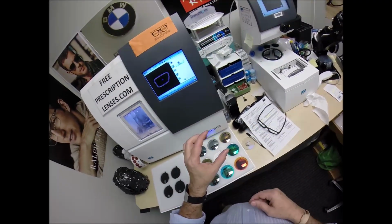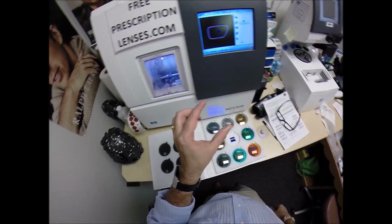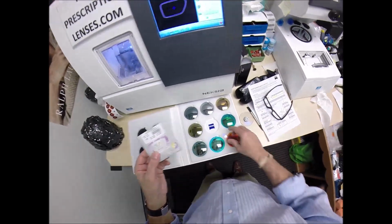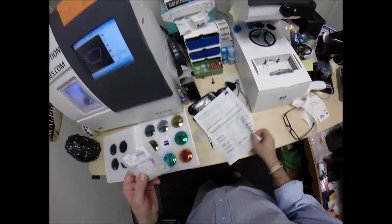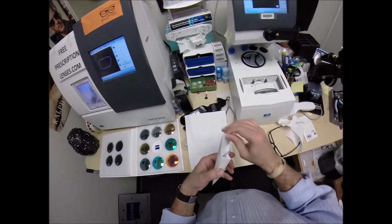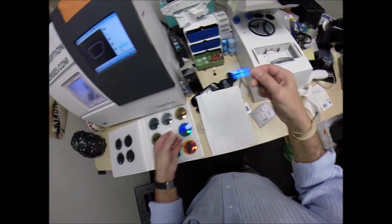Now, I'm wearing the Zeiss DuraVision Blue Protect. This is more of a bluish purple. This is similar to Crizal Prevencia, but I know I've got a Prevencia lens. The Zeiss Blue Protect is clearer than Crizal Prevencia and cheaper. This is a Prevencia lens. You can see the purple reflex,